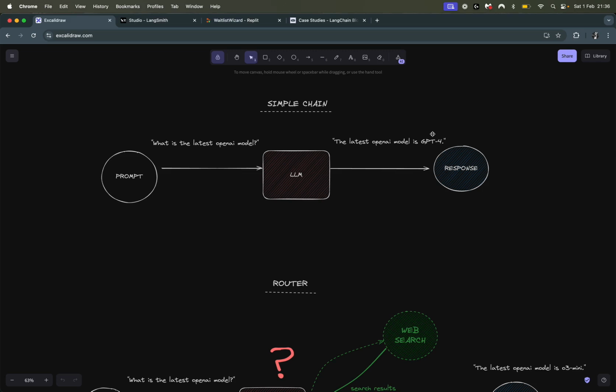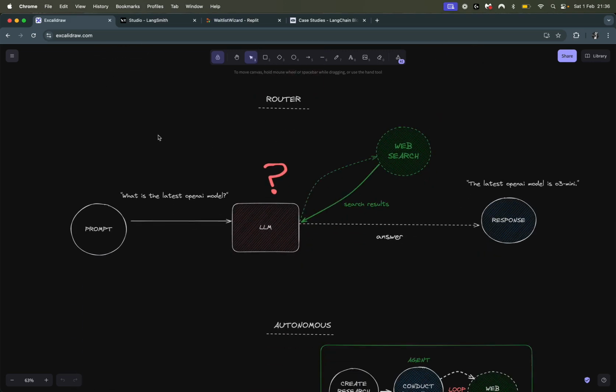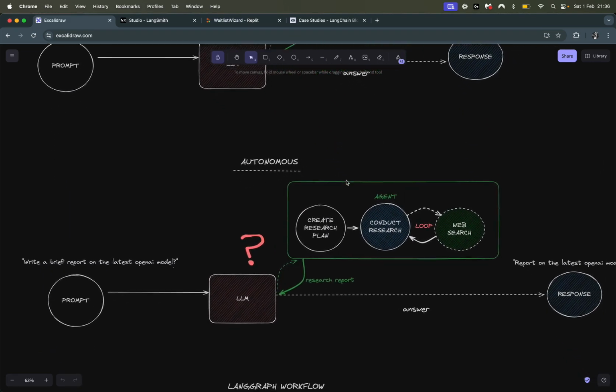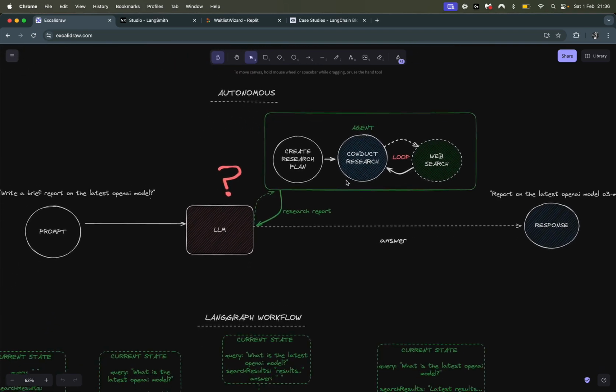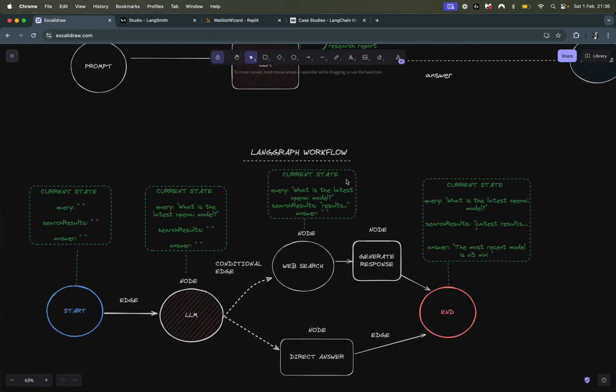You can just build simple API calls, simple functions, and just get on with your day. But once you start to do routing or more autonomy, more reasoning, and if you want more control, more flexibility, and the ability to test thoroughly beforehand or see exactly what's happening at each step of the workflow,